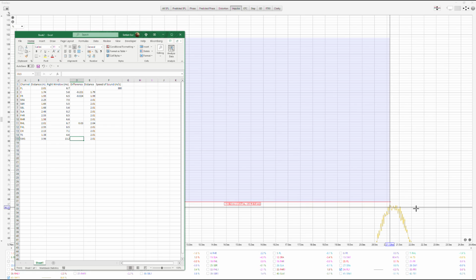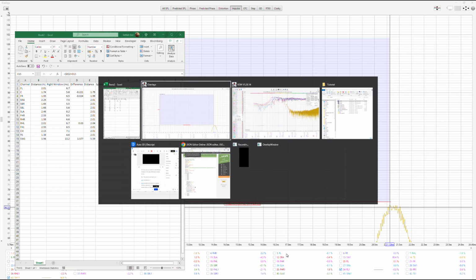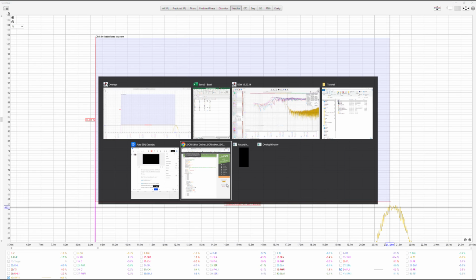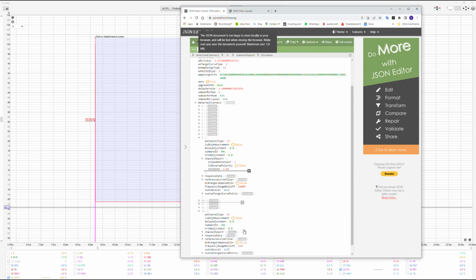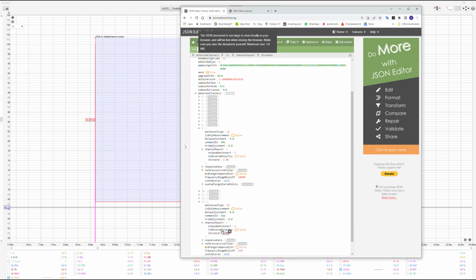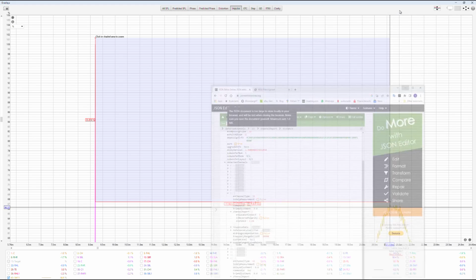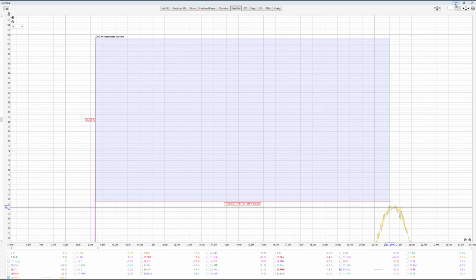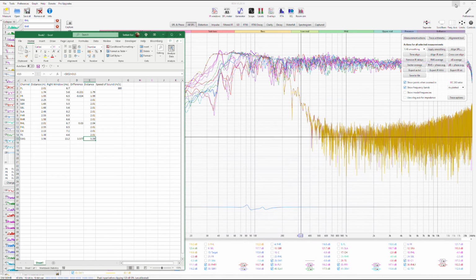And it is on the right. It is later than the speakers, so it's a plus 3.577. So the subwoofer distance you need to enter is 5.59. Very accurately. Here you go to channel report, and instead of 369 you enter 5.59. A 1.5 meters difference. And that's it. You don't need to do anything else.